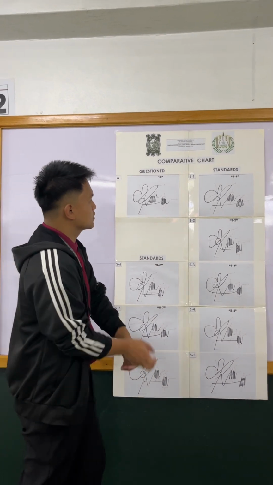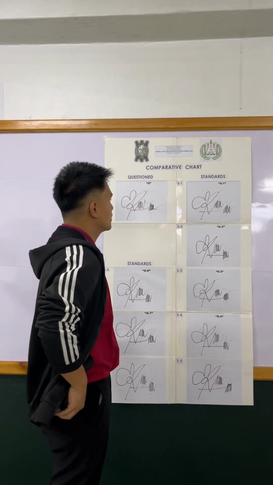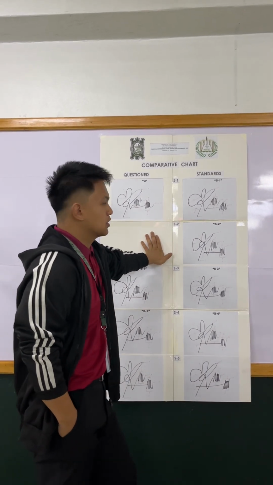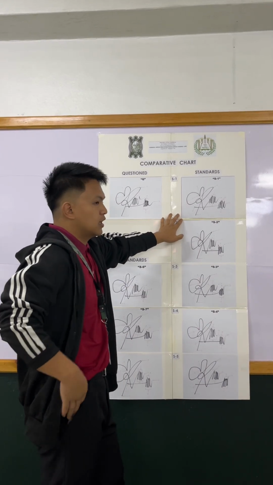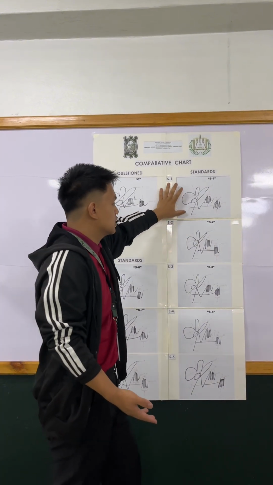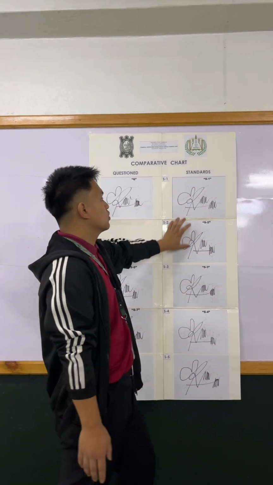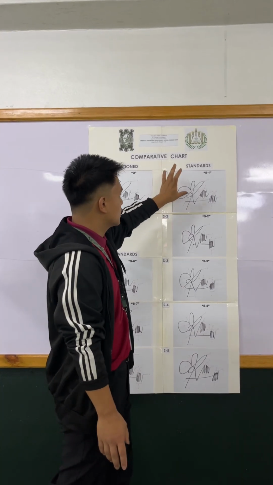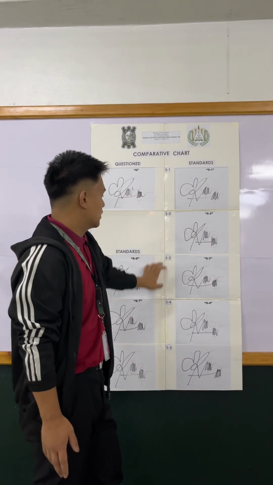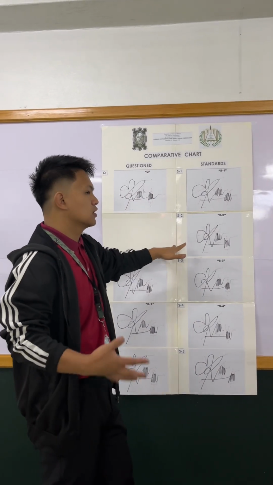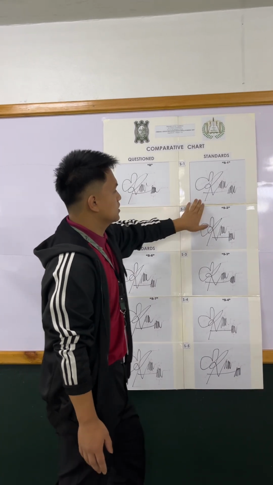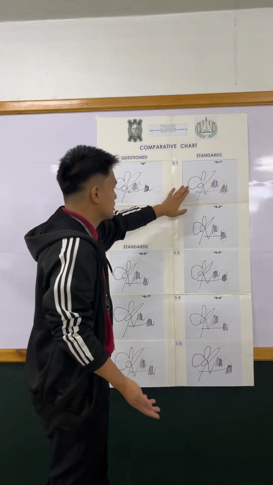Okay, so let us first discuss the standard document number 1. So here, it now lays out the different areas on which the examination should be based. So the things that we have examined here in S1 will also be examined in other parts of the documents, or other documents, standards, and question. So first, let us discuss the movement of the signature.